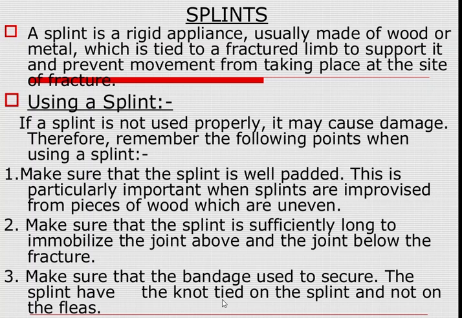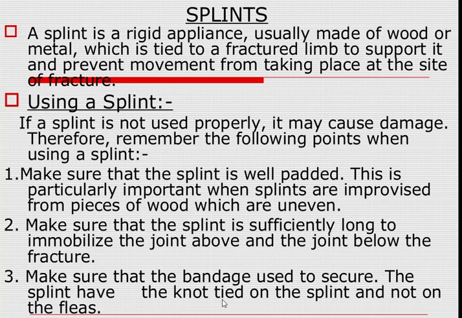A splint is mostly used for patients with a fracture, for immobilization, to prevent movements, to prevent further displacements and to promote healing. And the second function is to provide support. Small splints can be used in pediatric patients who have an IV cannula that is fixed, to prevent the displacement of it. But mostly the use of a splint in adults is for a fracture, to support the fracture and to prevent movements.